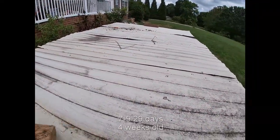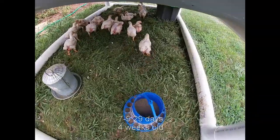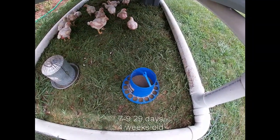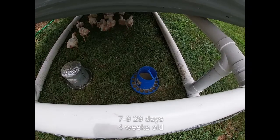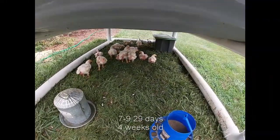lift up the lid. This blue feeder was filled up yesterday evening. So they will empty that whole blue feeder in a day. And the water too. We've got to fill them up every day. Keep an eye on them because they will run out. And it has been hot. But as you can see here,